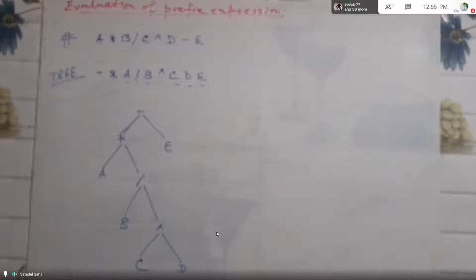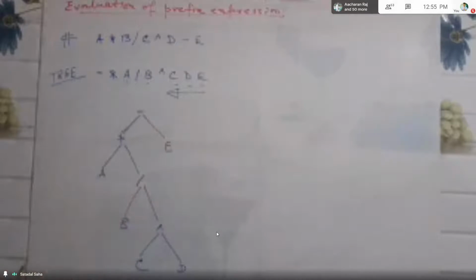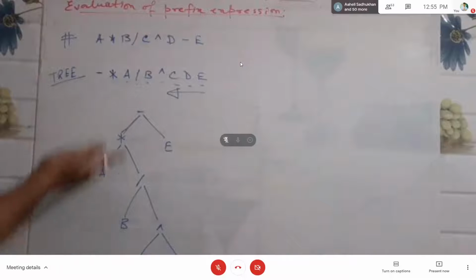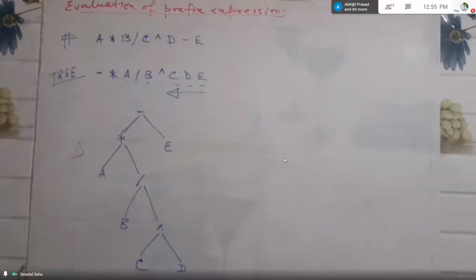Like this, you follow the evaluation logic, and I have written that it is from right to left. So all the evaluations are from right to left. So for that, it is from top to bottom to up. So this is the evaluation logic for this tree. Okay, we'll be dealing with it later, much later.